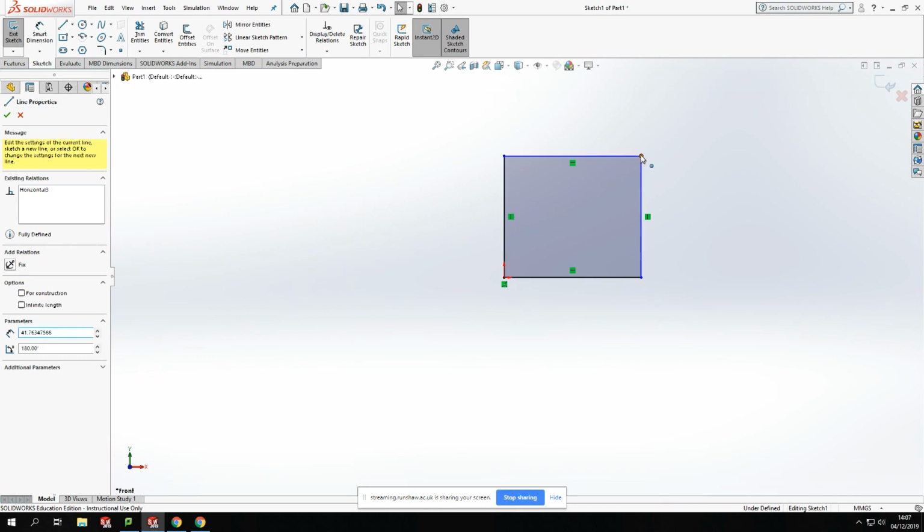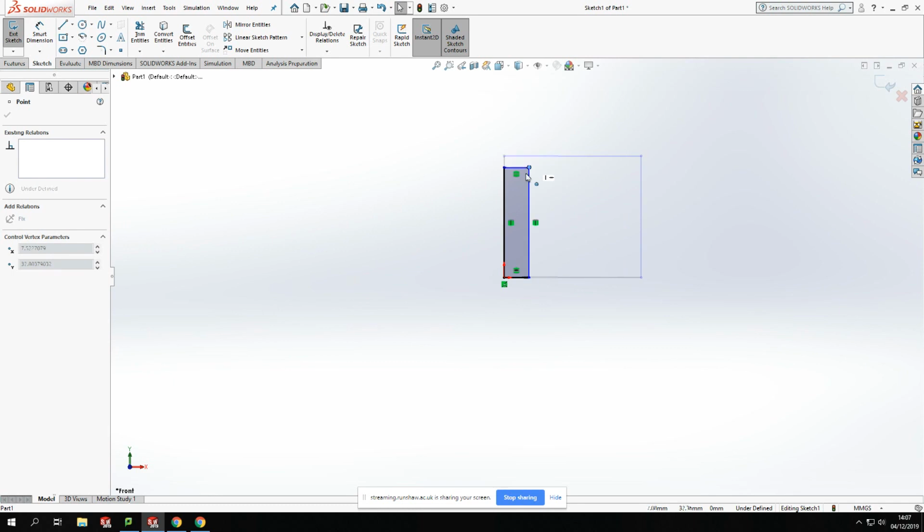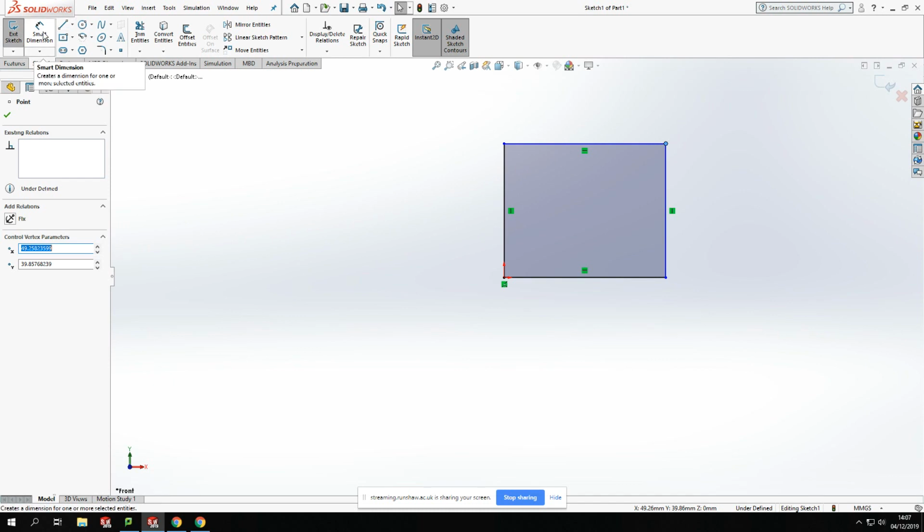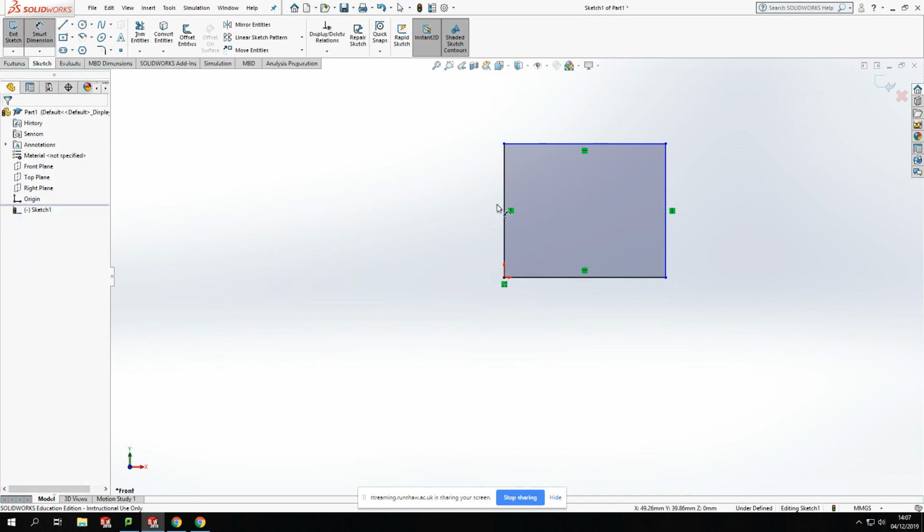So if I click on this point at the top, I could drag this around. That means they have no defined size, but it does show that this bottom corner is fixed to that origin. Now, what I can do is define the sizes on this by adding dimensions. So if I go up to the dimensions tool in the top left hand corner, click on the dimensions tool,